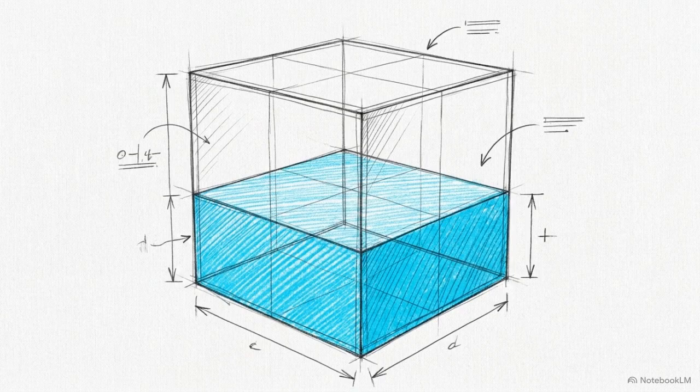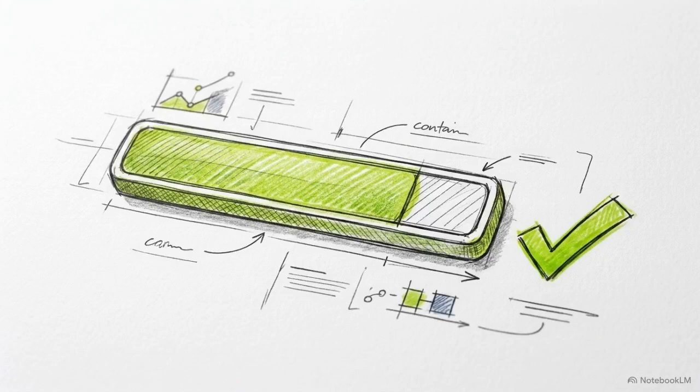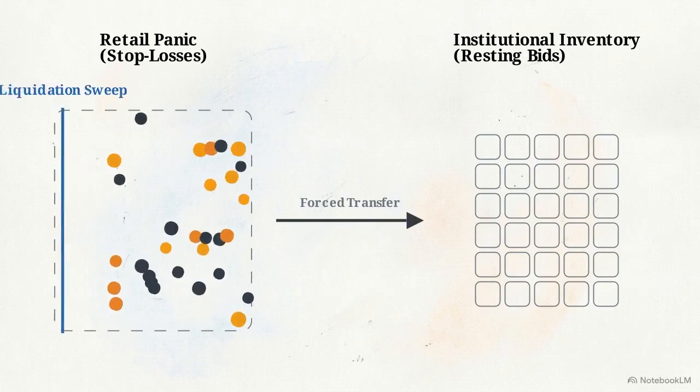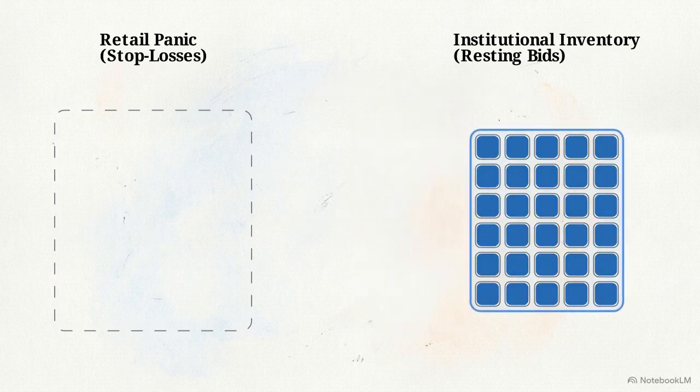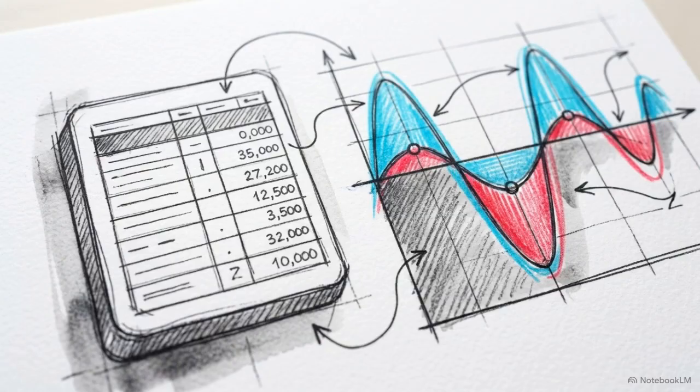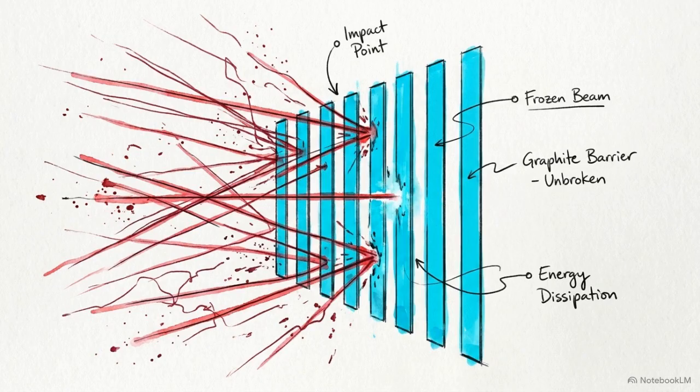This engineered flush provides the volume necessary to fill large institutional inventory blocks with minimal slippage. This completes the refuel cycle, securing inventory before the market begins its next macro expansion. The liquidation sweep facilitates a forced transfer of liquidity from retail stop losses directly into institutional portfolios. We can identify this process through the B-Wave histogram. This tool measures the absorption delta, revealing the hidden interaction between market orders and resting limit bids.